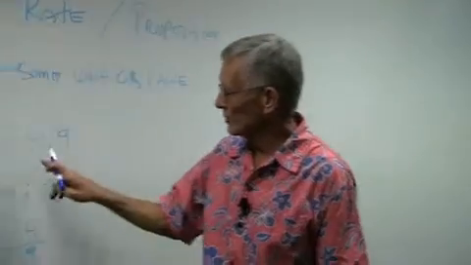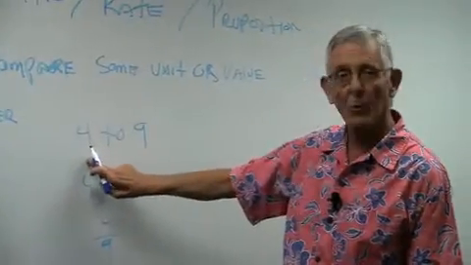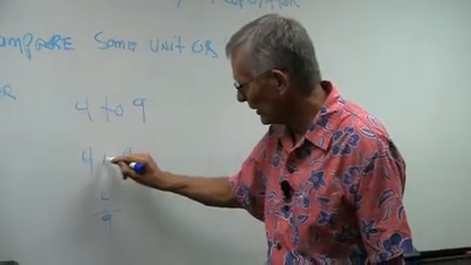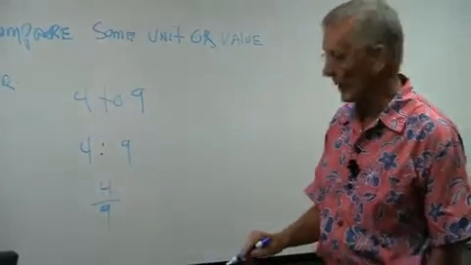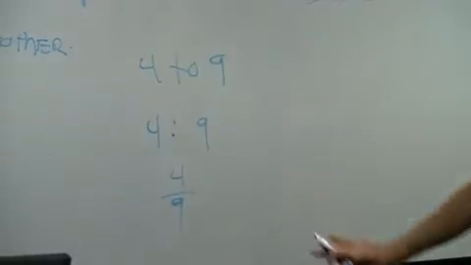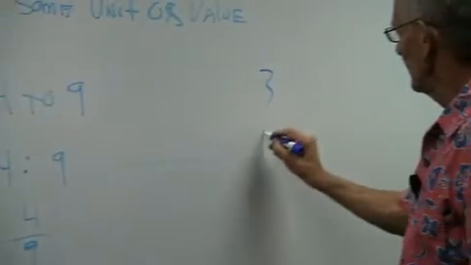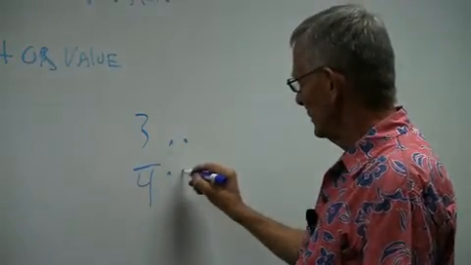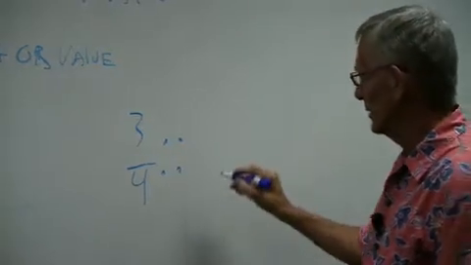But in writing these, you can write them several different ways. You can write 4 to 9, or 4 with a colon 9. You'll see this representing a ratio or a rate, or 4 to 9 as a fraction. It can be represented in any of these three ways. A proportion just says, is 3/4 proportional? We do that with a double colon like this to